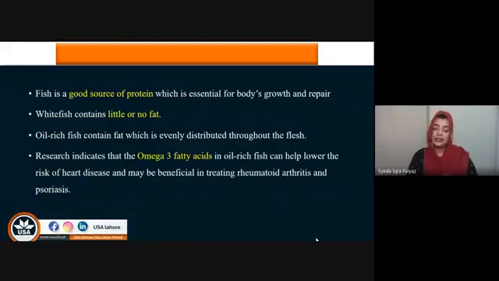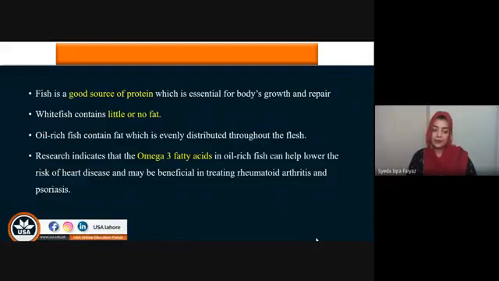White fish contains little or no fat. Like I said, there are oily fishes and then there are white fish. So white fish does not have any fat, or very little. Oil-rich fish contain fat, which is evenly distributed throughout the fish. So the oil-rich or oily fish have fat which is already distributed evenly throughout the flesh. When you eat it, it is not going to be harmful for your body, but it is going to provide you with the essential omega fatty acids, which will help your health as well as